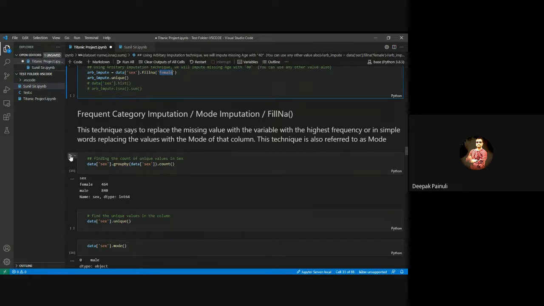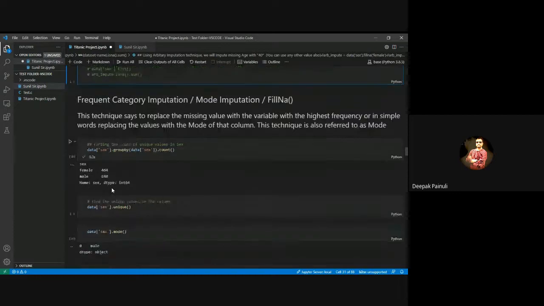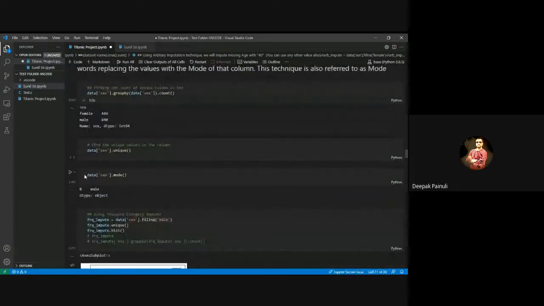So let us check the count of every different class we have in that particular feature. In the sex feature, we have two categories, female and male. Female has 464 instances, male has 840 instances. Now, first we need to find the mode of this.